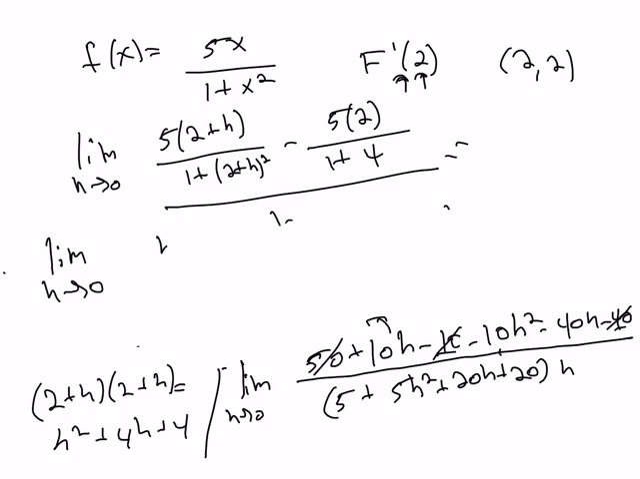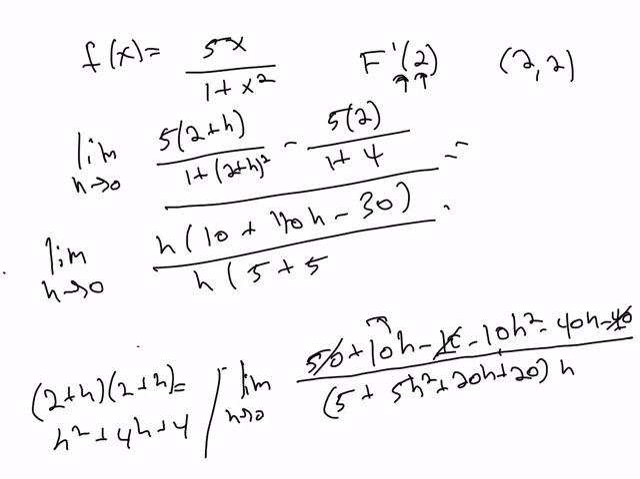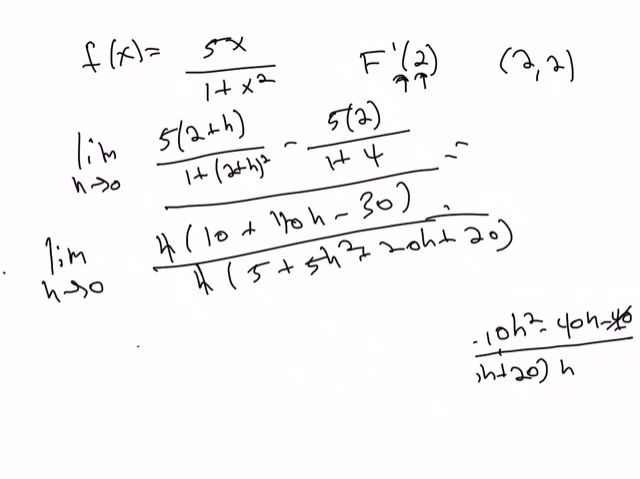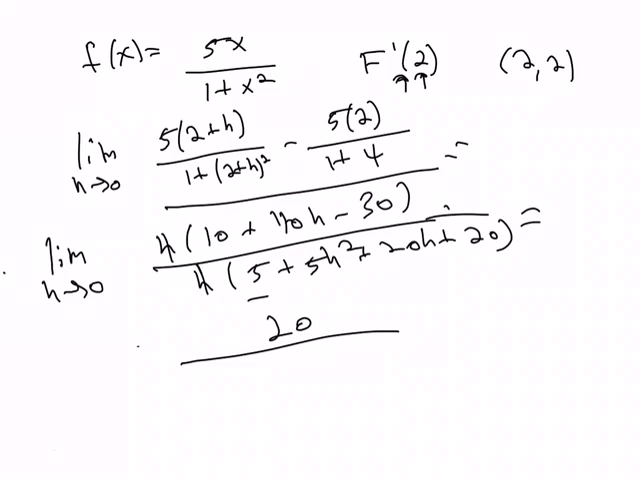So let's take out the h's, so we get an h, 10 plus 10h minus 30 over h times 5 plus 5h squared plus 20h plus 20. These h's cancel, and then as h goes to 0, this becomes 10 minus 30, so 20 over 5, this vanishes, plus, so this becomes 25, so it becomes 20 over 25. Sorry, it's 10 minus 30, so it's negative 20 over 25, or in other words,